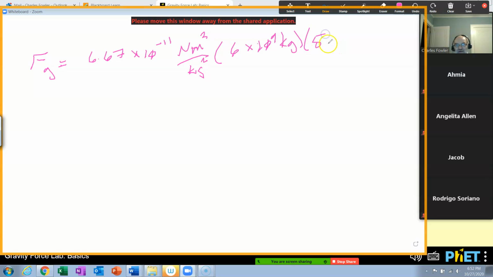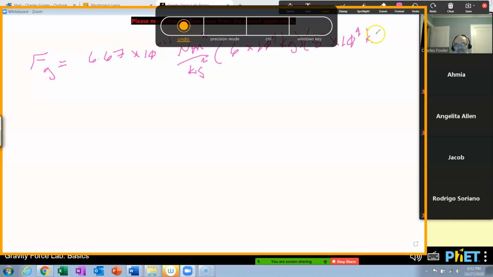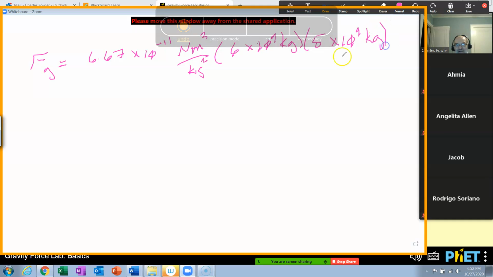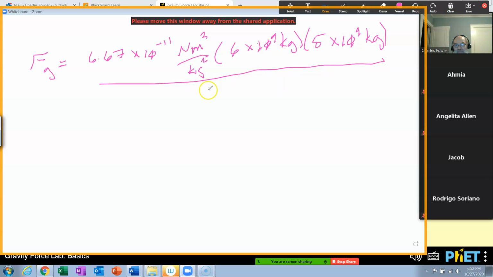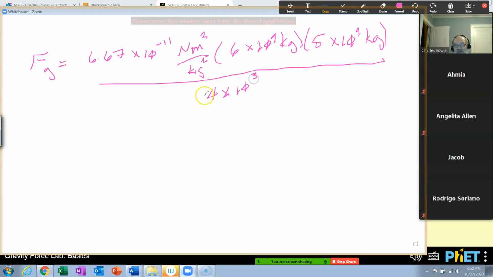The second one is 5 times 10 to the 9th kilograms, and dividing all that by 4 times 10 to the 3rd meters